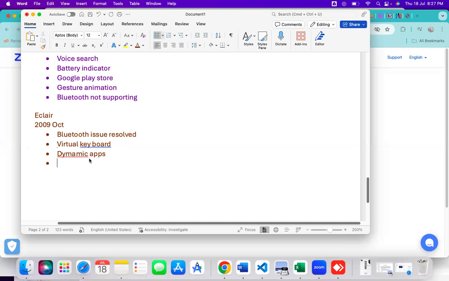So dynamic apps we can release. Next, zoom in, zoom out. This is in the browser only, and that too the Chrome browser, not other browsers, because the Chrome browser belongs to Google. This also belongs to Google. So these are 4 features, and here we got one drawback, that is it was not supporting